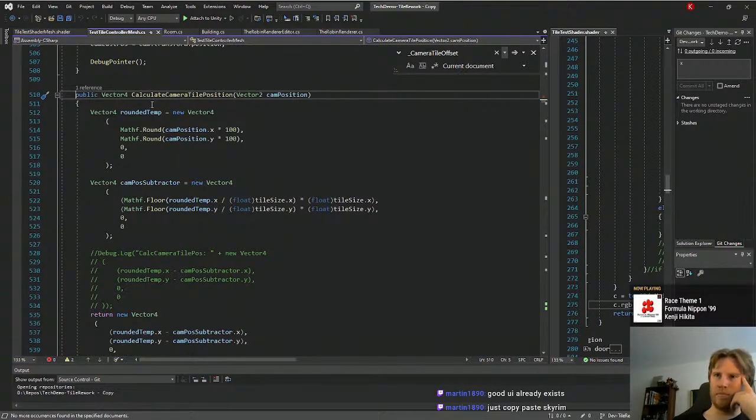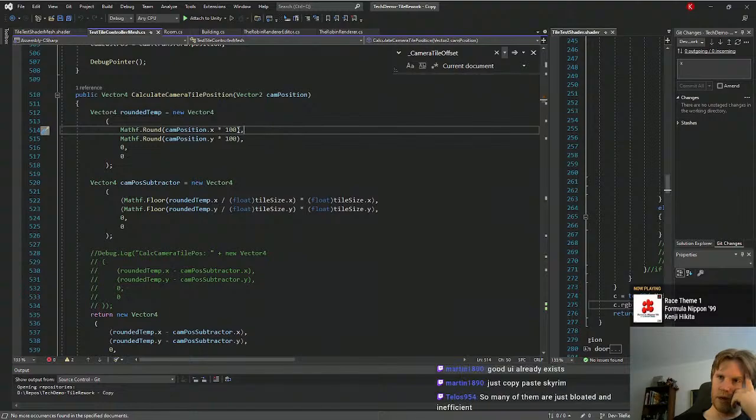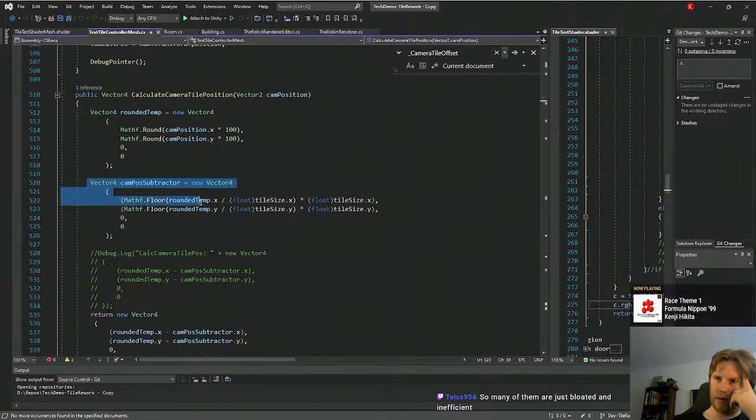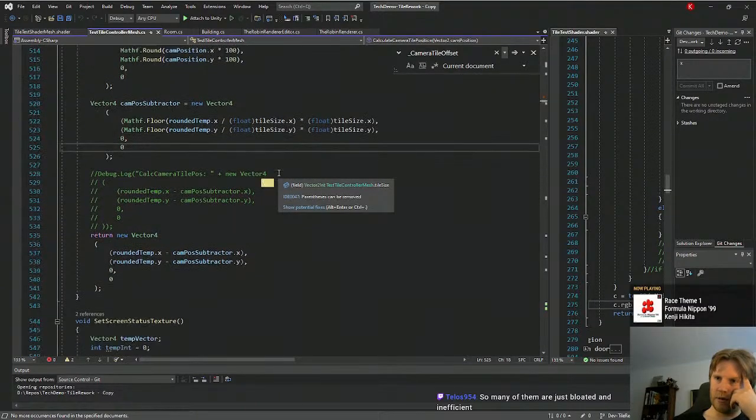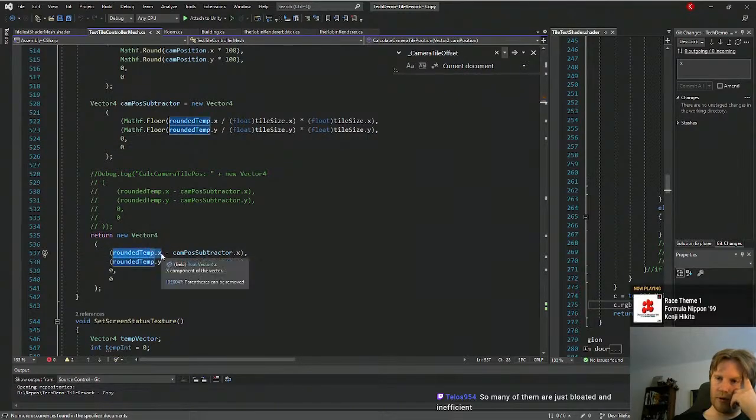So what am I doing here? I'm rounding the camera position to the nearest pixel. And then we take the rounded position and divide it by tile size. And then we return the rounded position versus minus